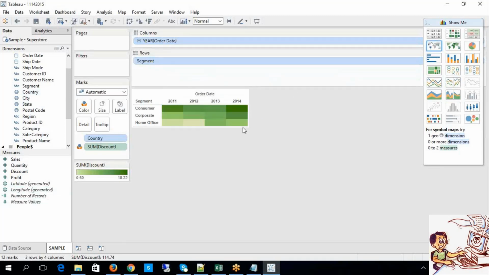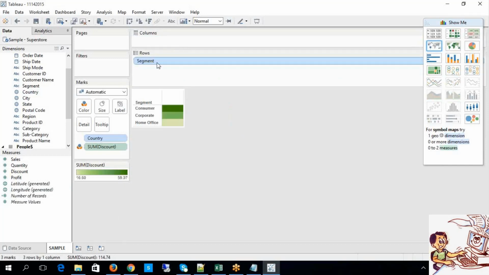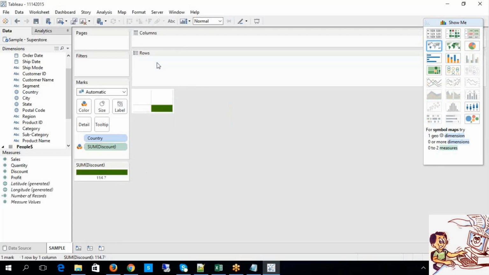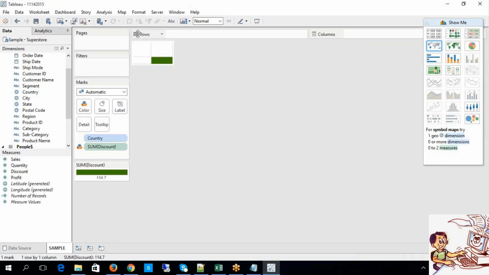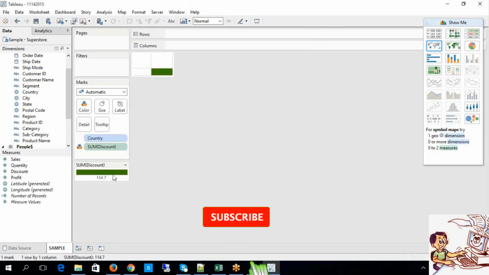That is the reason it was disabled. So make sure that you are having a geographic dimension to define the mapping functionality, which is compulsory. So don't forget that.